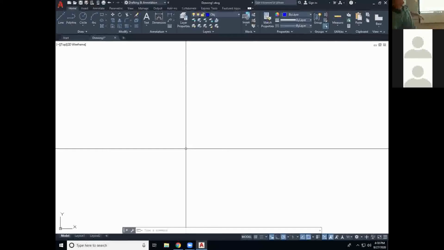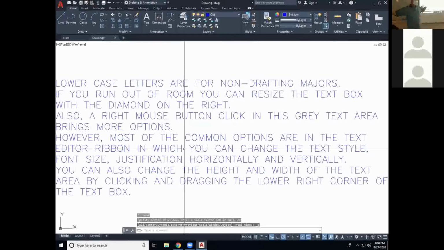So that's what I'm going to do. I'm going to double click my mouse wheel, and you see it animates it coming up, and it zooms to the extent of what you have drawn in your screen. Now that's not always a good thing because